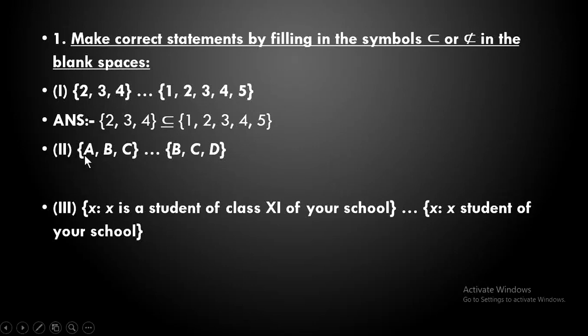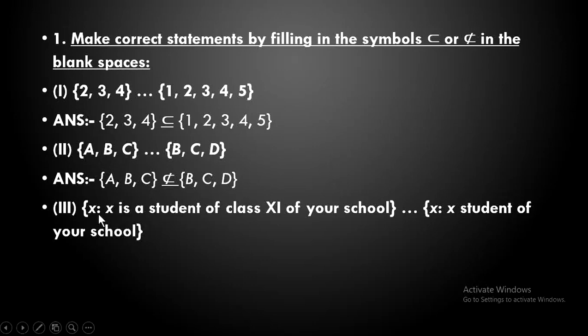Next bit, you see it consists of a, b and c, and then there's a dash and it consists of b, c and d. Now over here you can see that b and c are present in the second set, but again a is not present in the second set. So with this we can say that this is not a subset of this because a is not present in the second set. Now over here these a, b and c should be in small letters. I've written them in capital letters; it should be written in small letters.